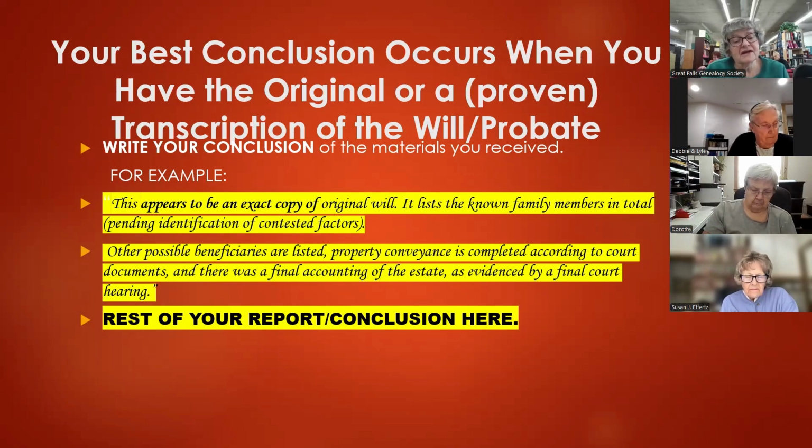Mine will also say other possible beneficiaries are listed and the property conveyance is completed according to the court documents. Now, in this last one with John Liska, well, the state government gave him a little bit of time to get that process completed and to get someone else in there. And if they didn't sell the buildings or whatever, I'm assuming that the next person just got them. And there was a final accounting of the estate as evidenced by a final court hearing. Then you write the rest of your report or conclusion here, but you write a report including who got what